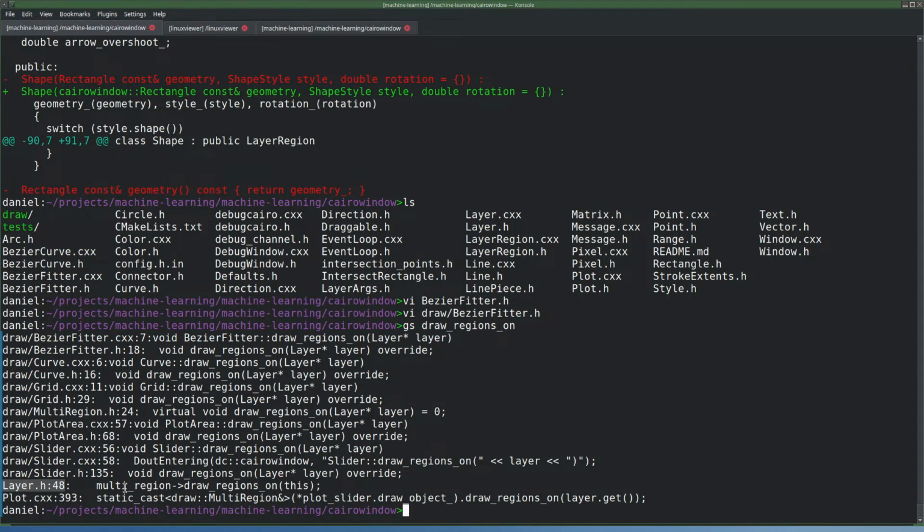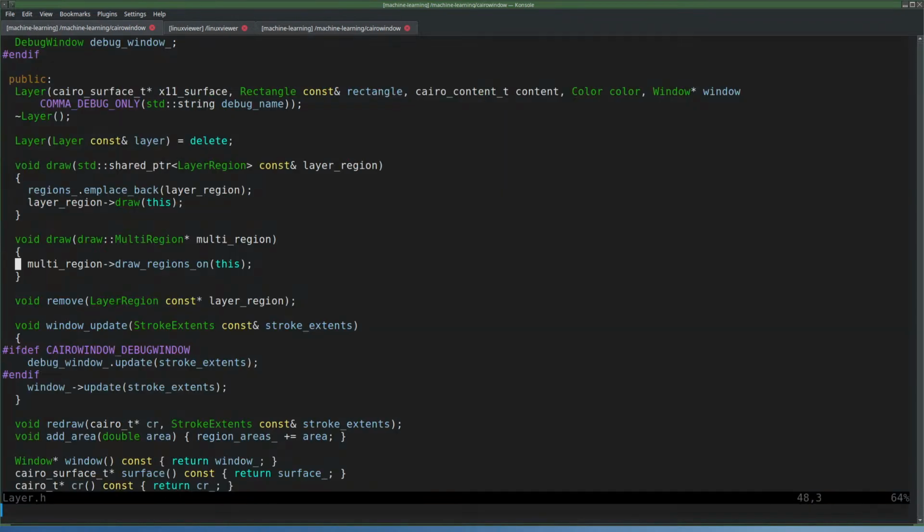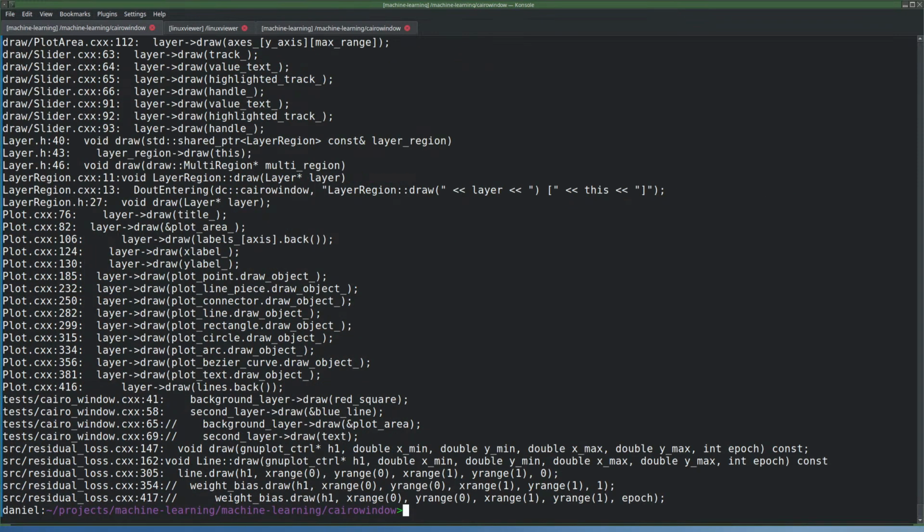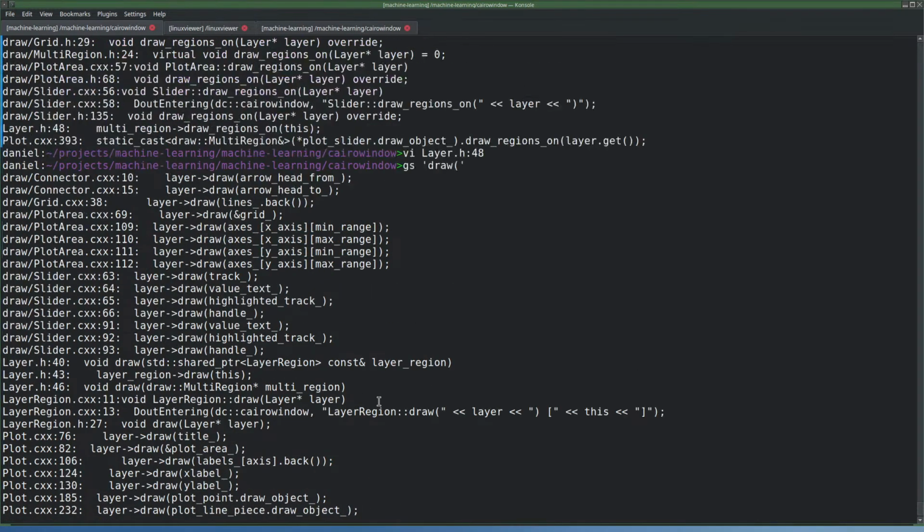Because it's a multi-region. So whatever, we are not reaching this point here, which means that this draw is not called. Yeah, and who would be calling that, right? I think add. So we do gs draw, who is calling draw, loads of things. But especially